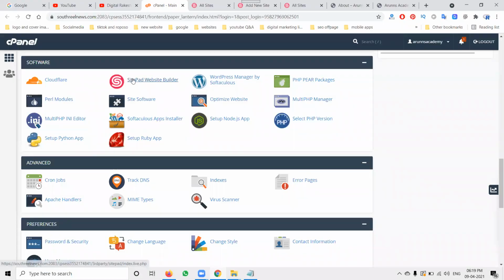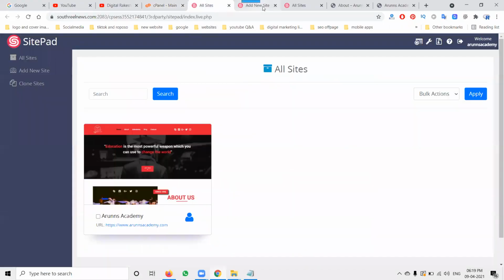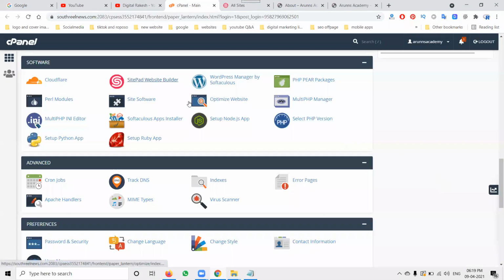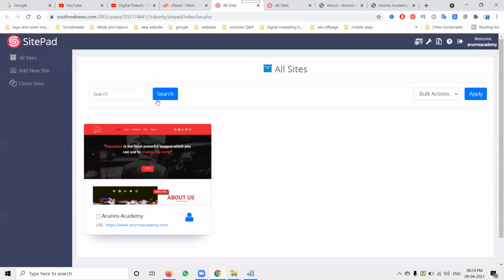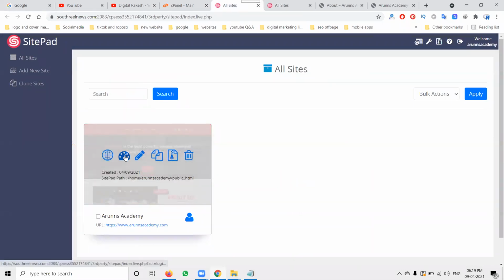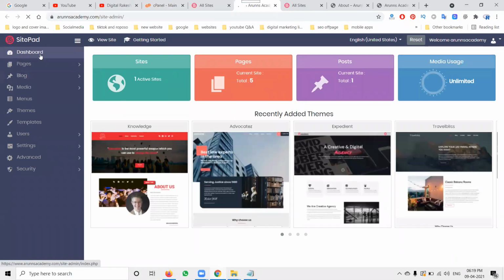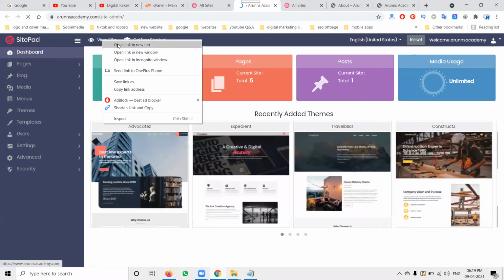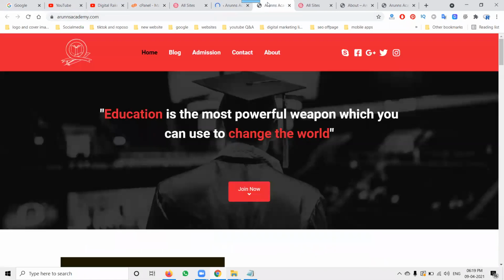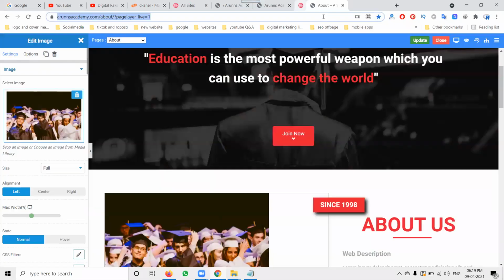So guys, if any changes are required in your particular website, I'll show you here. I will be changing the particular things. For that, we can go to the website builder. This option will be here. Just click this option. Whatever page you design, everything we can change here. This is completely WordPress type. No need to worry about that.